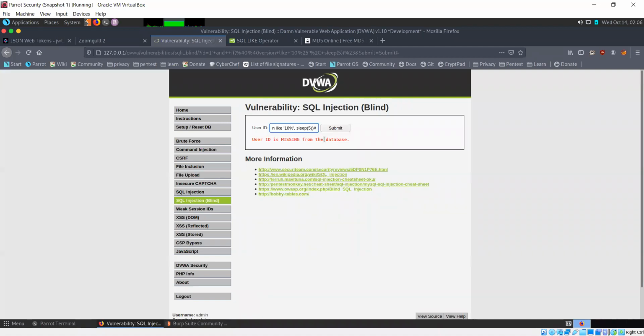Okay, I also need to add this. Let me just fix the syntax. Okay, yeah, this is the value in case the condition is true, then sleep 5 will happen. In case not, then I'll just specify null because nothing is supposed to happen in that case. Okay, let's try running this.